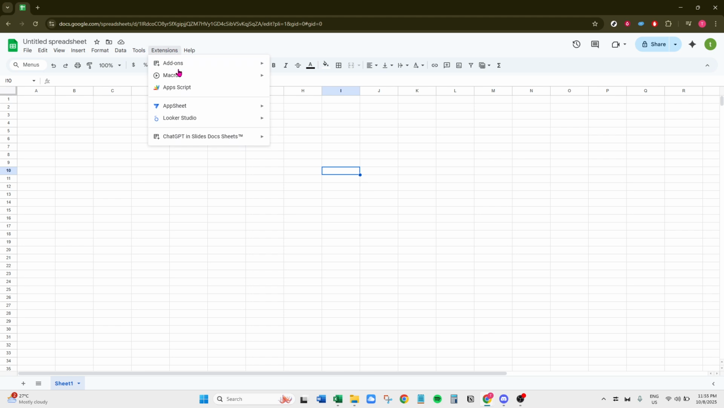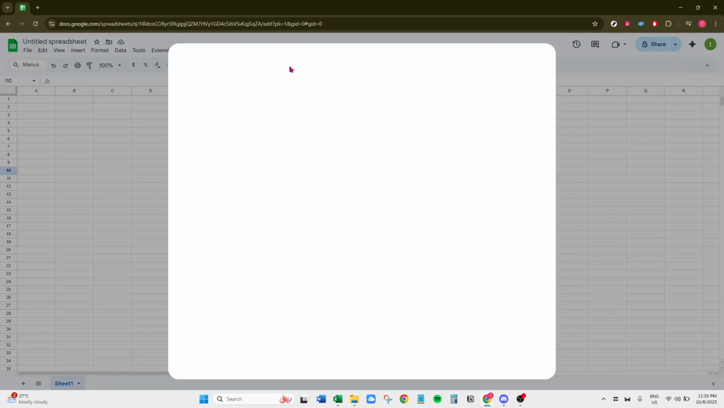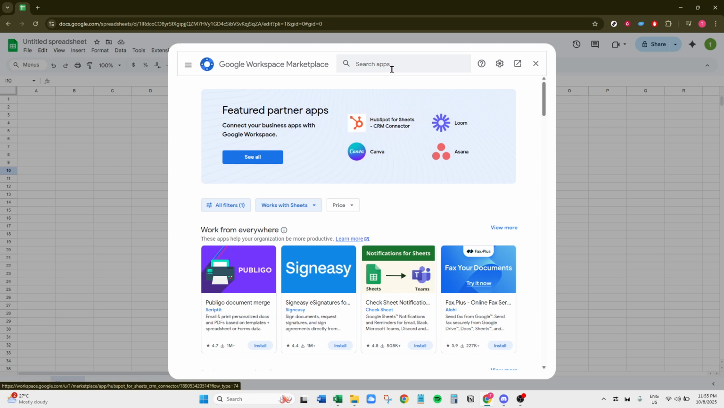Hover your mouse over the Add-ons option. This should display a small side menu. From here, select Get Add-ons. This leads you to the Google Workspace Marketplace, a vibrant hub where you can find a variety of add-ons to enhance your productivity. In the search bar of this marketplace, type either ChatGPT for Sheets or its variant GPT for